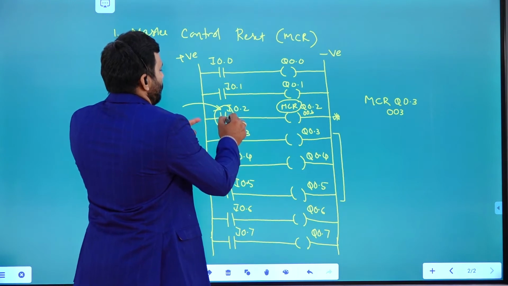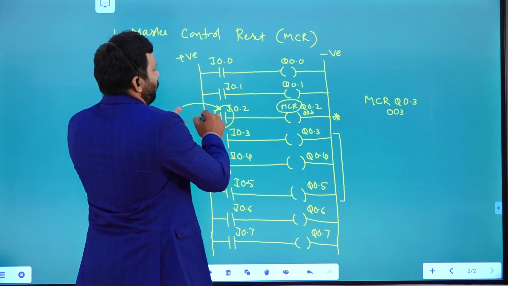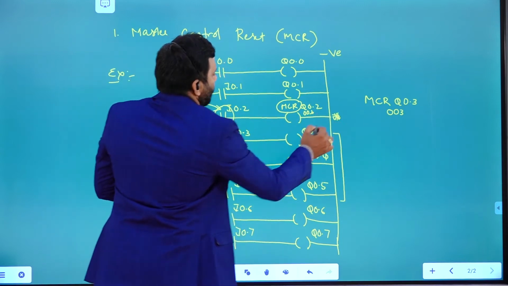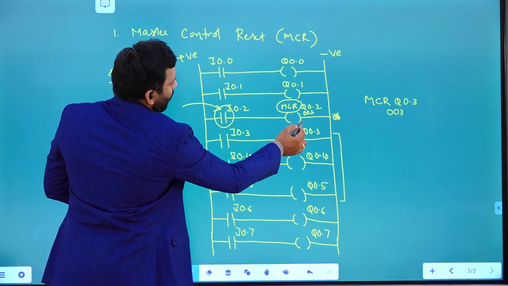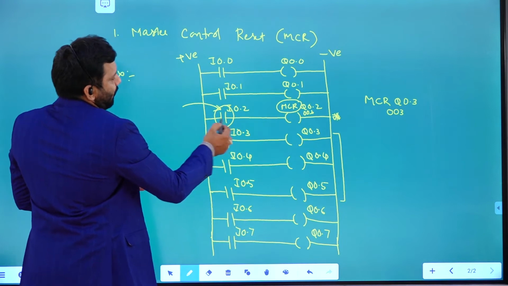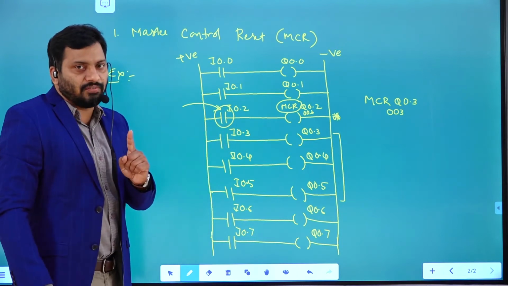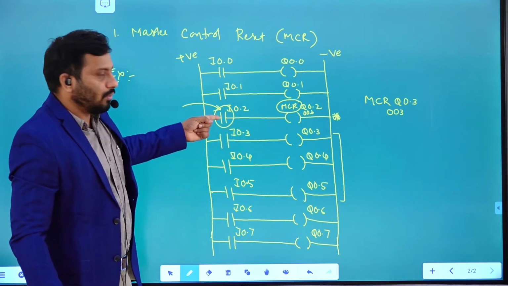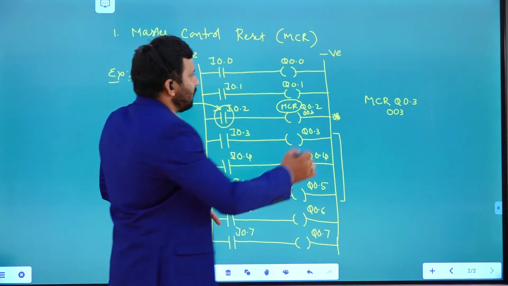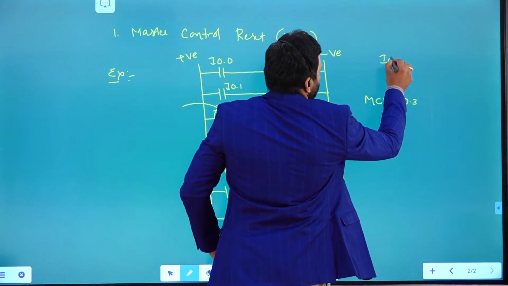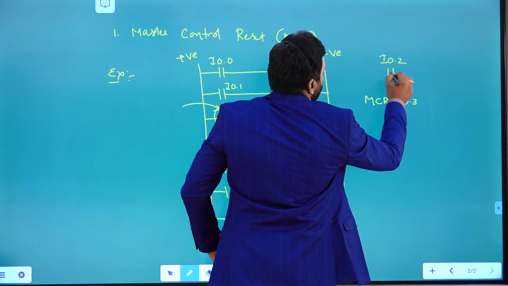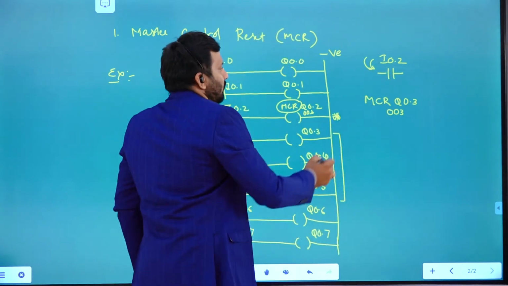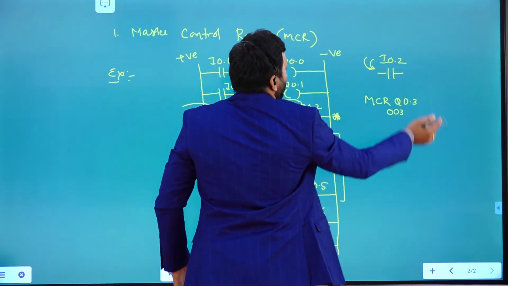Based on the input, this third rung is going to be on or off. First, in the first step, this is going to be on or off based on the input I 0.2. Based on this input, this contact is going to be closed or open, right?